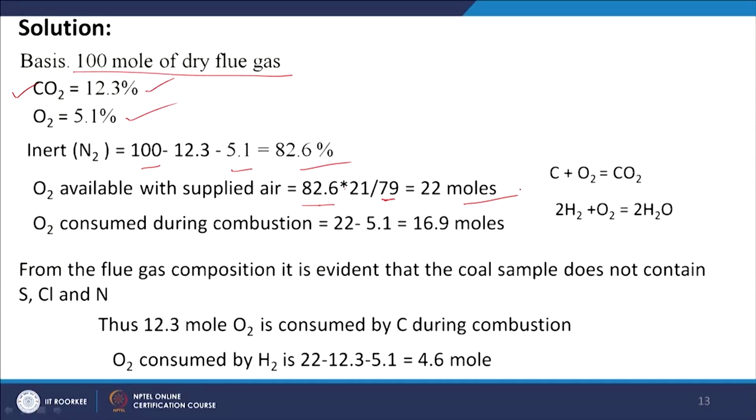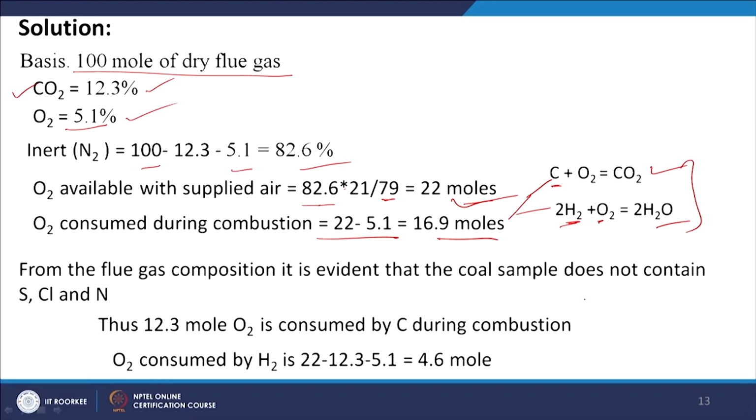So, 22 moles of oxygen is supplied, and that oxygen will react with carbon and produce CO2, and will also react with hydrogen and form H2O as per these expressions. So, oxygen consumed during combustion equals how much? We had 22 moles, and now we have 5.1 moles. This difference, 16.9 moles, was used during combustion through these two types of reactions. Then from the flue gas composition, it is evident that the coal sample does not contain sulfur, chloride and nitrogen. Thus,